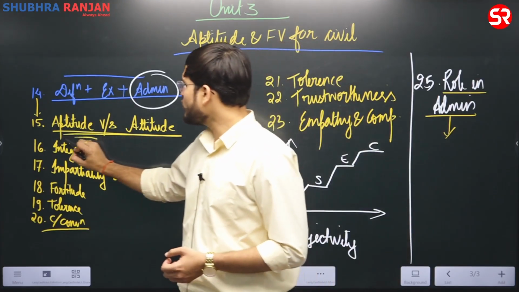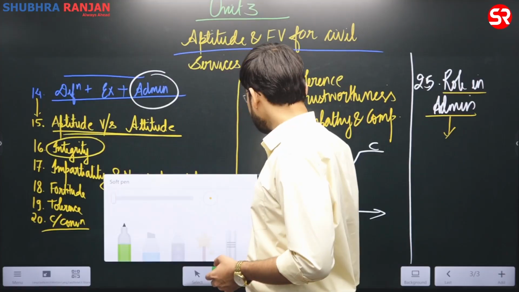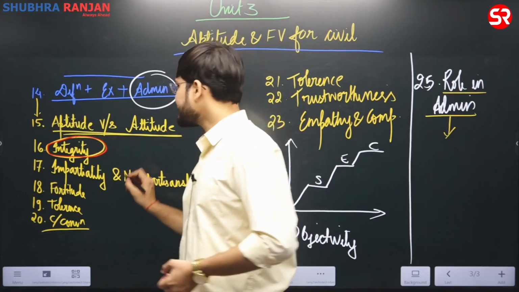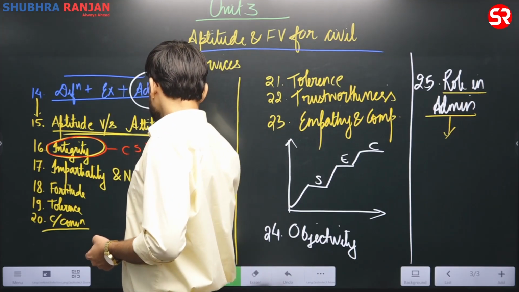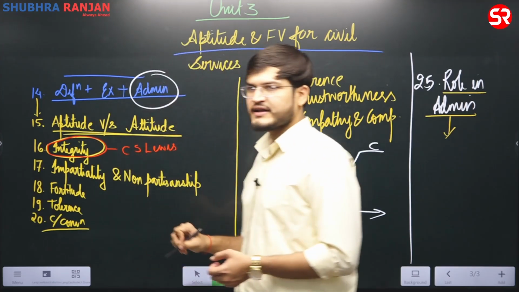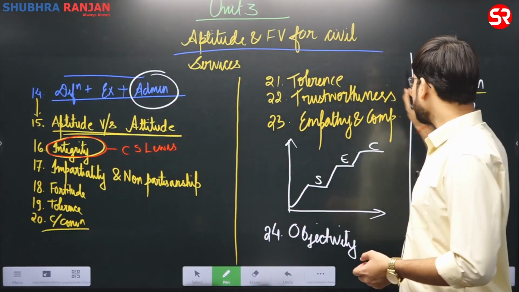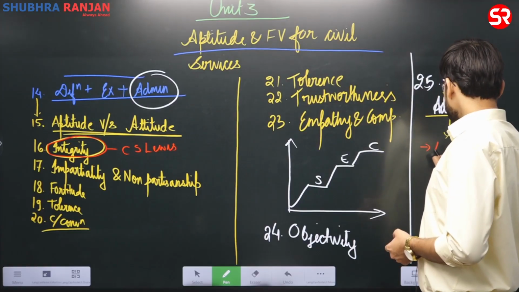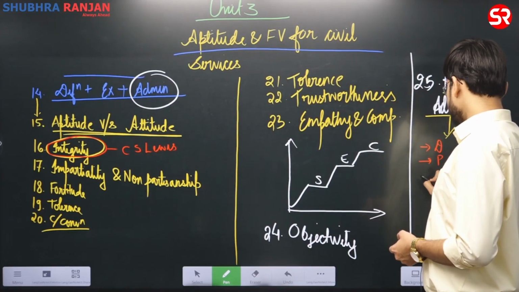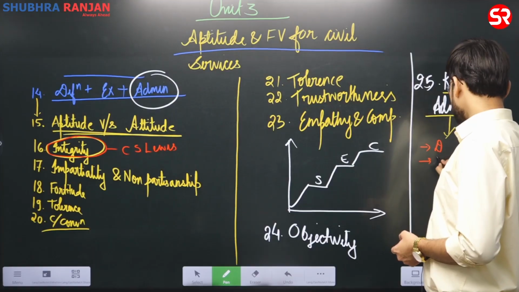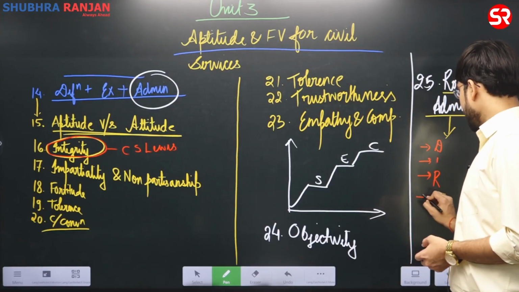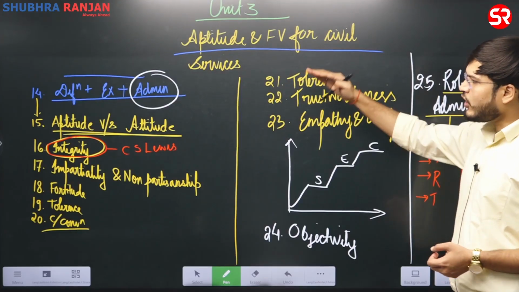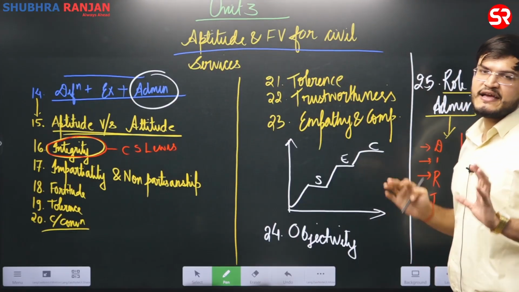For example, you know what you mean by integrity. C.S. Lewis says that integrity is doing the right thing even when no one is watching. Now you have to contextualize in terms of administration, and thereby mention service delivery, effective policy implementation, conflict resolution, building trust, strengthening community relations, crisis management, and behavioral change. Now all of these aspects can be asked in your examination.